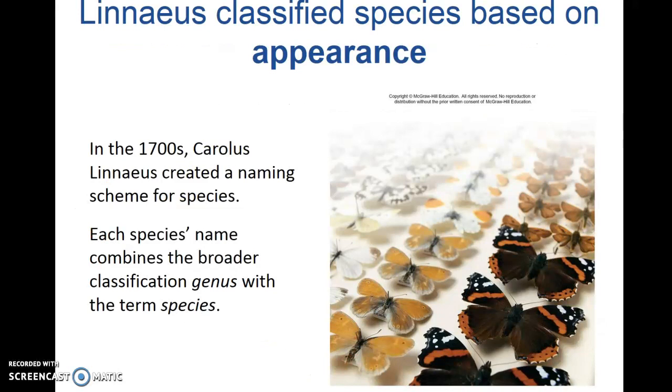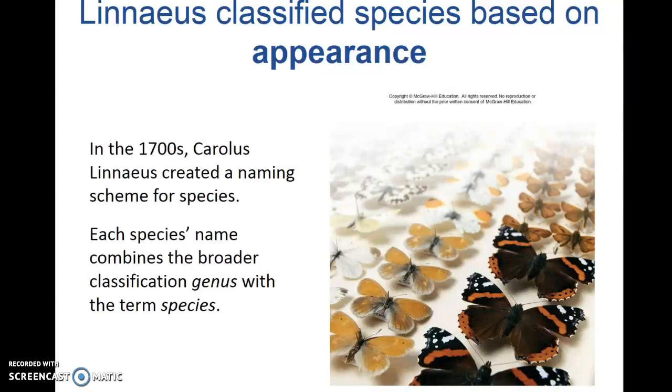So a little bit about how things are classified, very quickly. We classify things based on a system laid out several hundred years ago by Carolus Linnaeus, who created a system of scientific nomenclature, which is just a big word meaning we have a very specific scientific way of naming things. Every species is given a two-part name. The first part is the group they belong to, which is called their genus, and along with their genus we give them a specific species name.